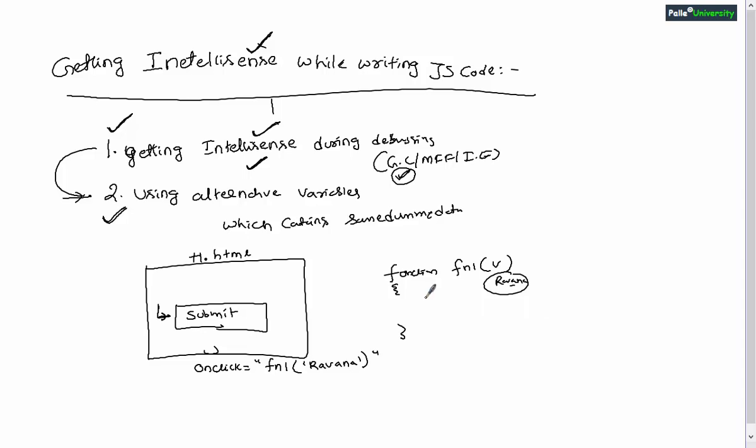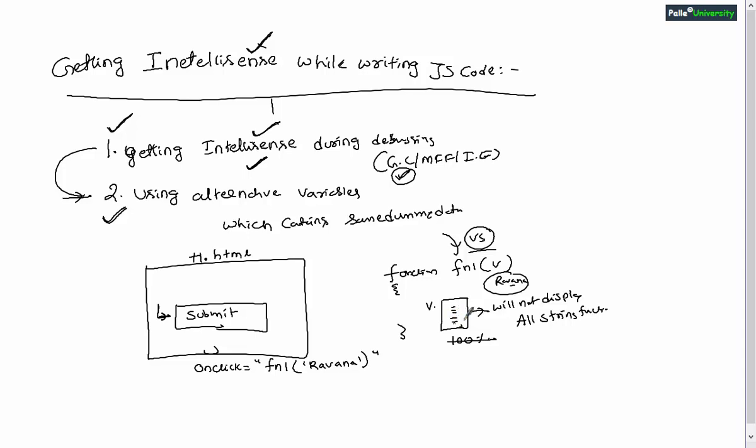Now first let me explain the challenges which you will be facing. Usually when you are writing this code in Visual Studio or maybe in some other editor, when you type V dot, usually the IntelliSense window will come, but this IntelliSense window will not display all string functions which are useful for performing the replacing operation. Normally when you are writing .NET code in Visual Studio, when you type variable name dot, you will get 100% IntelliSense. But when you are writing JavaScript code in Visual Studio, you may not get 100% IntelliSense support.